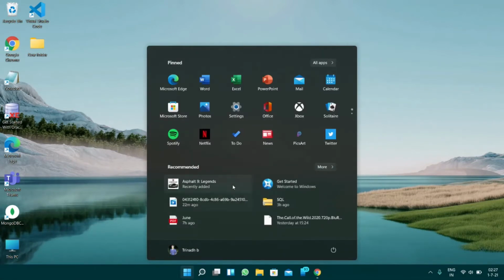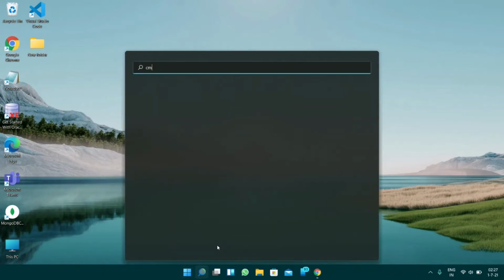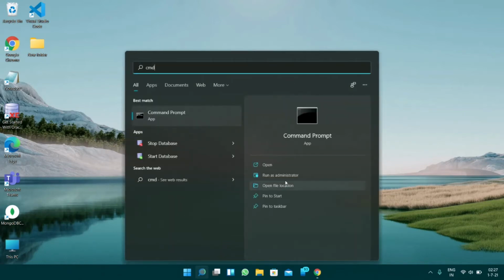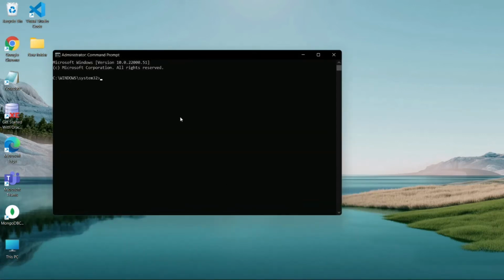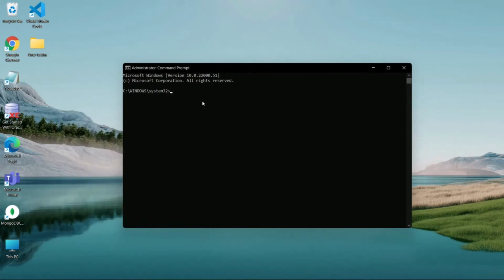Click on the Windows button, go to command prompt and run it as administrator. Yes. Now issue the following command: WSL, Windows Subsystem for Linux, version install